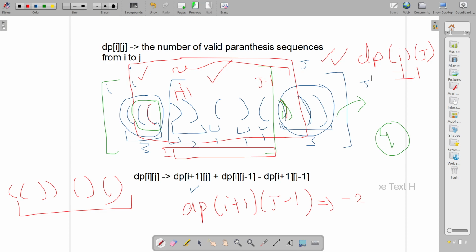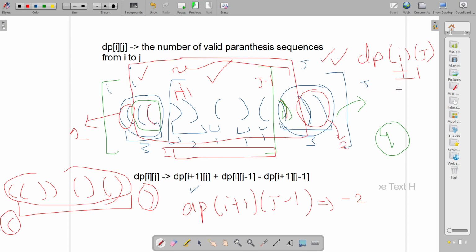Now how many more can I get? If this is already a valid sequence, and I again have two guys who can add elements to the front and to the back. So if I add one more opening bracket, then I would have to add one more closing bracket. So I'm seeing that this guy has one extra opening bracket remaining, and this has two closing brackets remaining. So I will add to dp of ij the minimum of opening left, so left opening, plus left closing. This is the gist of it.